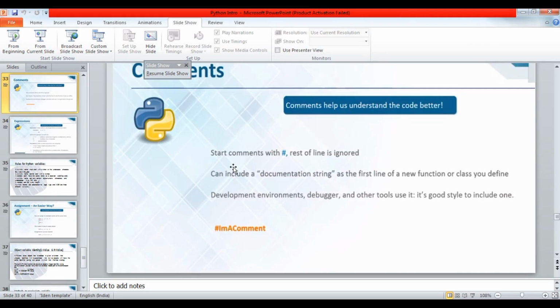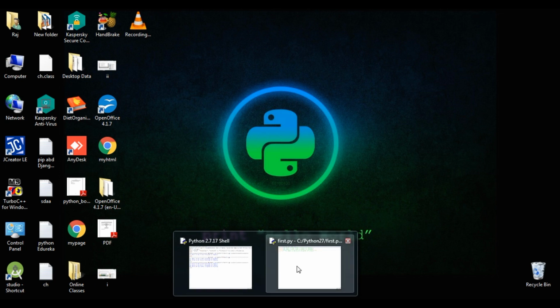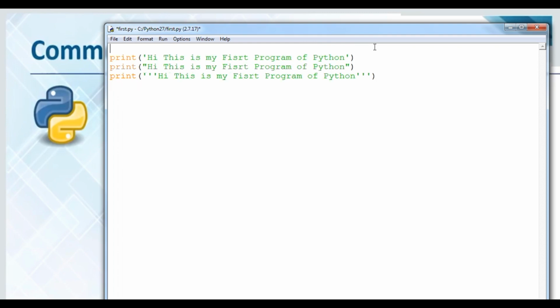Okay, so I'm going to minimize this, and we need to come to this particular program again. So I'm going to add a comment. A comment can be placed anywhere in the program, so do not worry about that. I'm going to place here the comment: a program for Python print function.